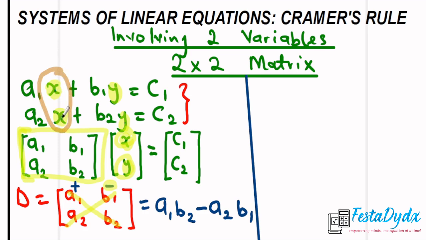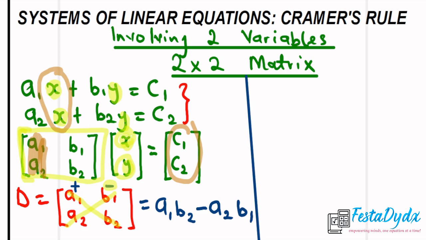Like this is x, this is x. So the coefficient is what? A1 and A2. So these are the coefficients of x. What I mean is this: I am going to replace this coefficient of x with C1, C2. So I'm going to remove A1, A2 and replace it with C1, C2. Because I am working with the coefficient of x,